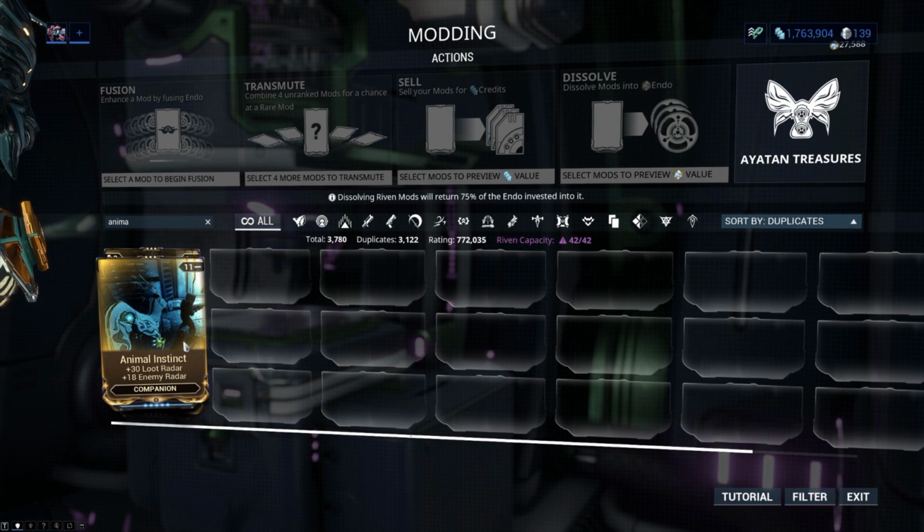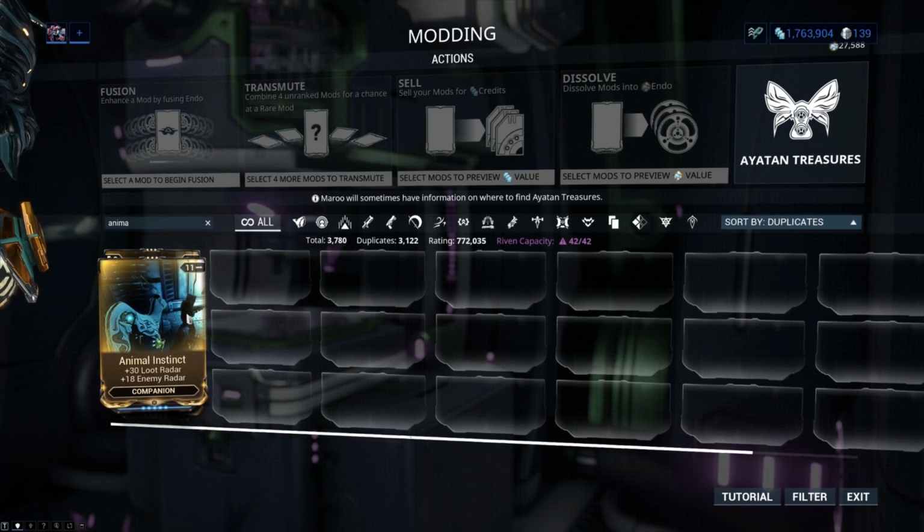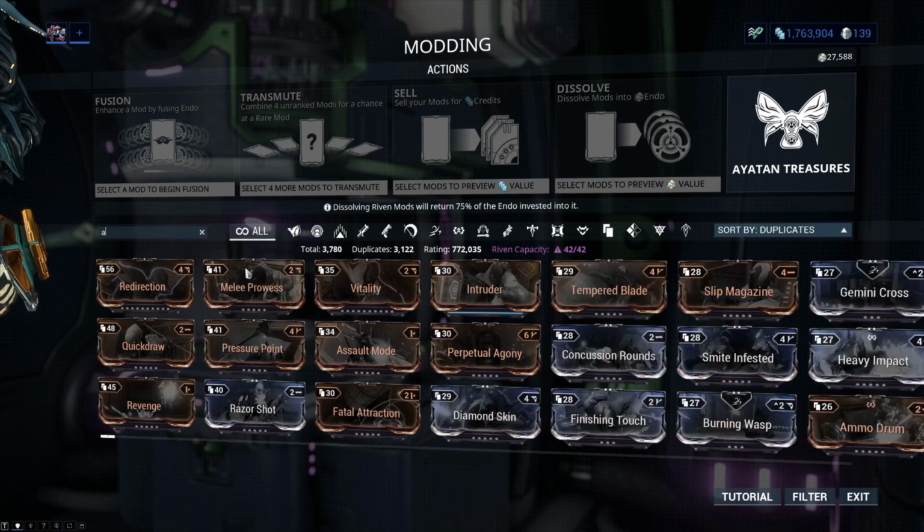You can pop it on your companion. You get loot radar and enemy radar, which is very helpful. And you get that one as a random drop for doing nightmare missions. You can get